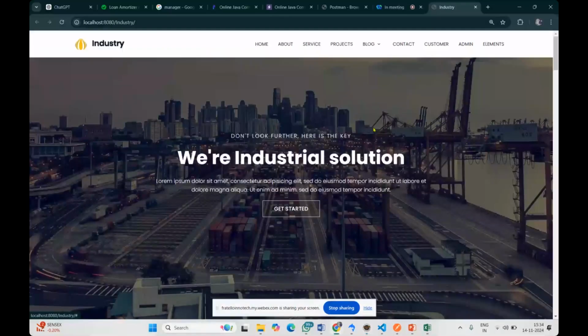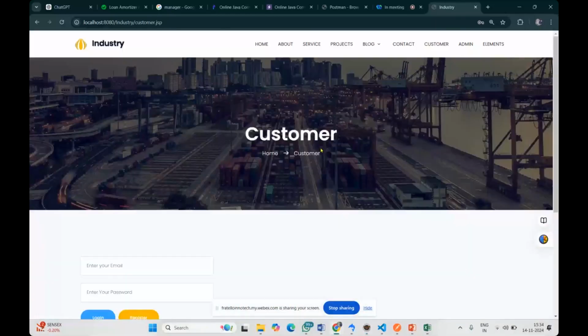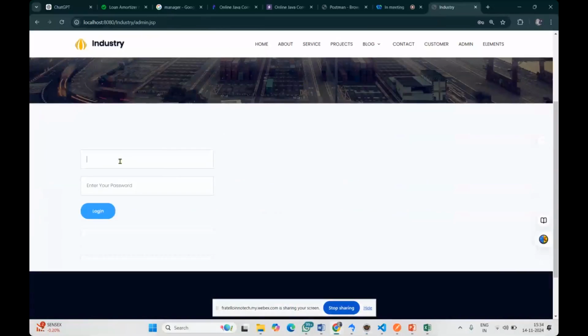Whoever gets registered in our application, the registered customers have to be accepted by the admin. Yesterday we created the admin page, and when the admin gets logged in inside the admin page,